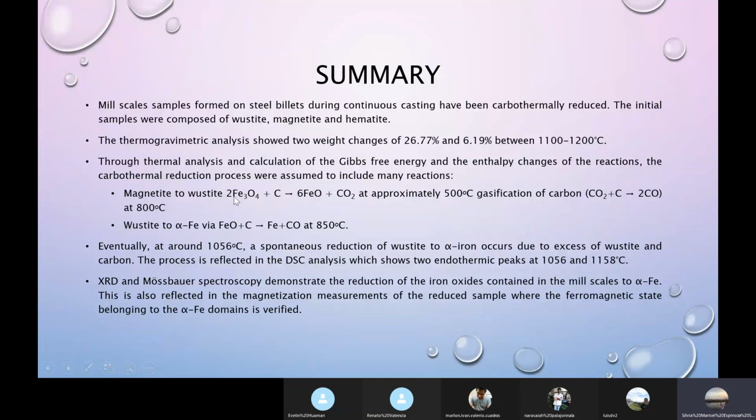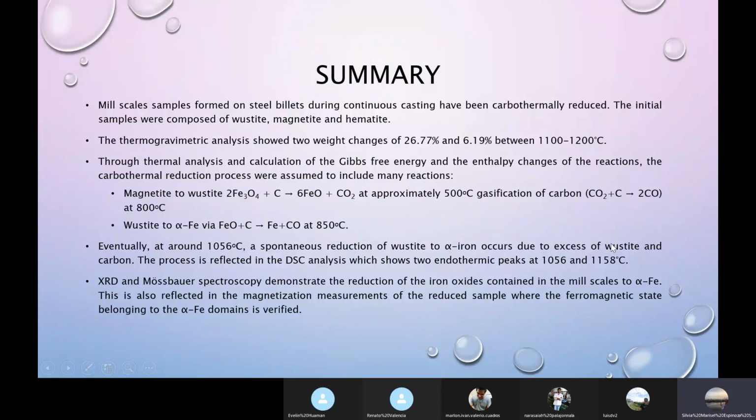Magnetite to wustite at approximately 500 Celsius. Gasification of carbon at 800 Celsius and wustite to alpha iron at around 850 Celsius. Eventually, at around 1056 Celsius, spontaneous reduction of wustite to alpha iron occurs